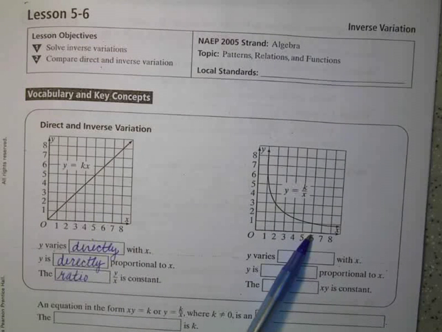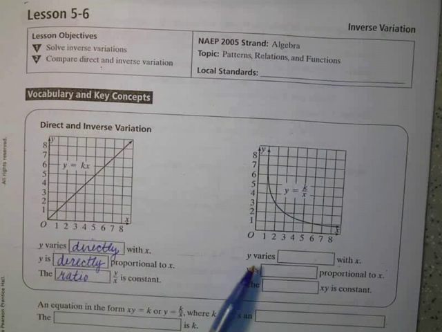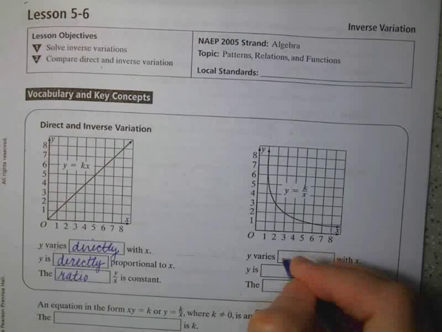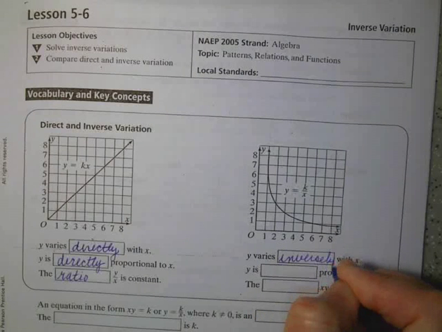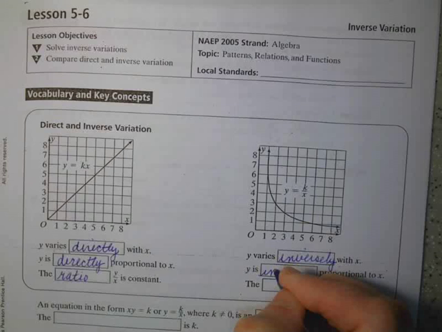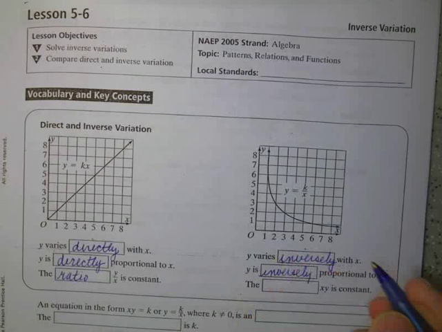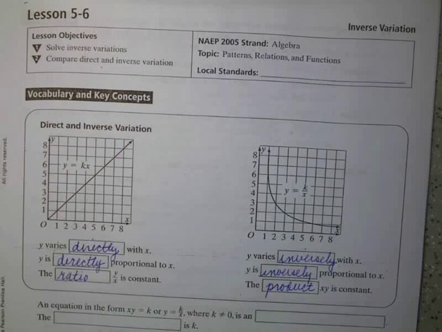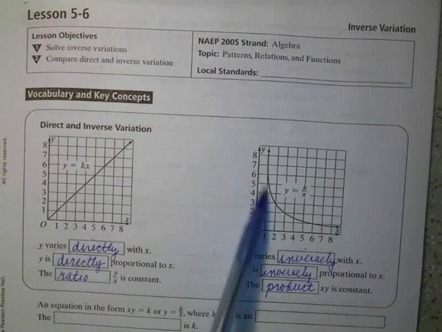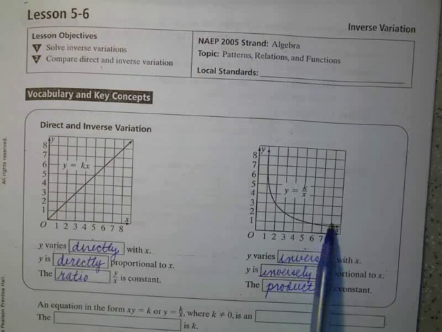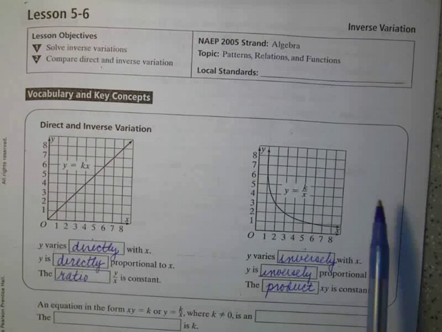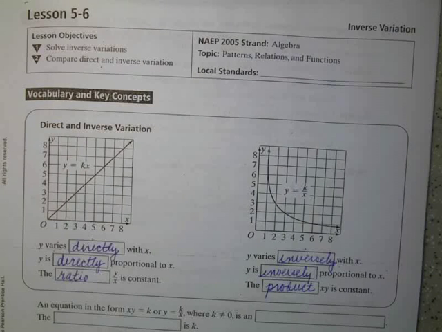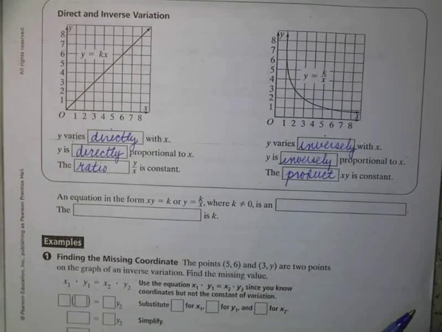Okay. When I go over to this side, this is an example of the graph of an inverse variation. In this case, y varies inversely with x. So y is inversely proportional to x. The product xy is constant. What you might notice in this graph is that as x increases, y decreases. Okay? So one is increasing, one is decreasing. Whereas with direct variation, they are both, each variable increases